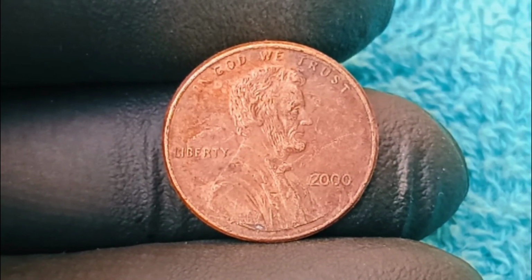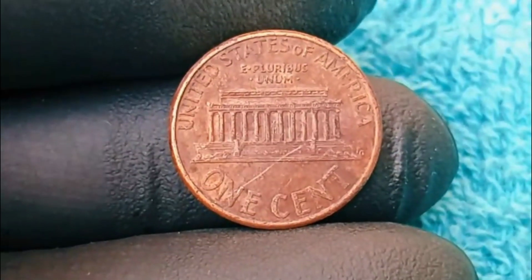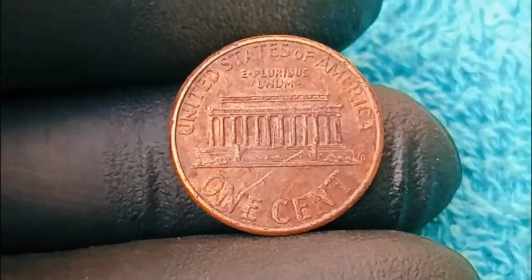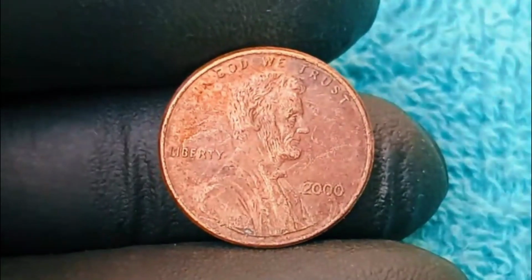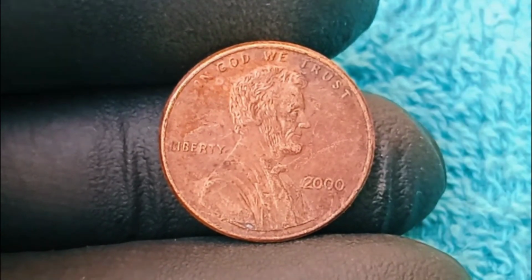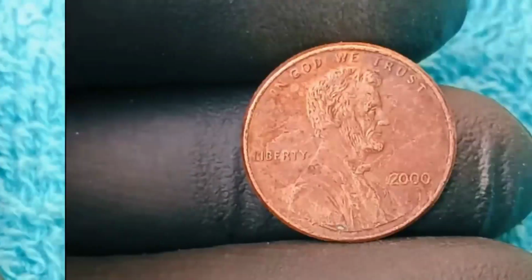So sit tight, because we are about to journey through the strange and fascinating world of minting mistakes that transformed a coin most people would overlook into something so valuable that collectors and numismatists around the world still talk about it with awe. And it all begins with the turn of the millennium, the year 2000, when the US Mint